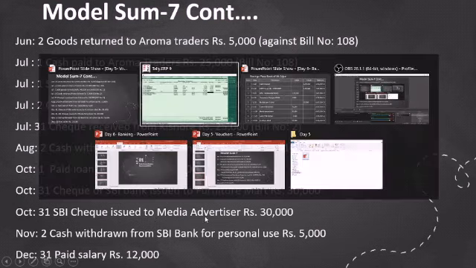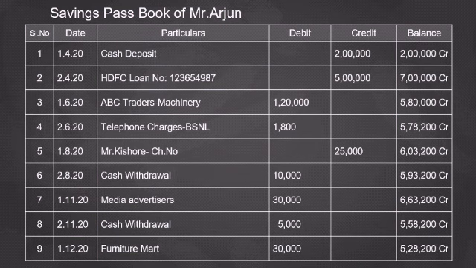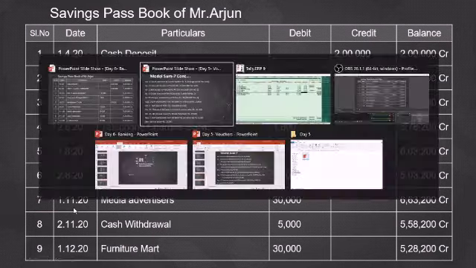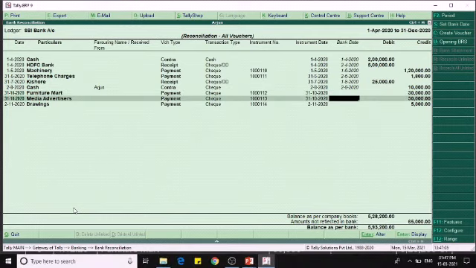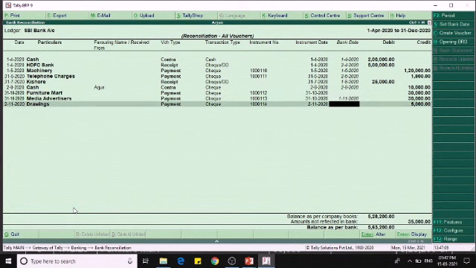Okay, now let us see the passbook. So on 31st October we are issuing the check, but it is honored on 1st of November. Okay, so for media advertisers only it is honored on 1st of November. So in the bank date we have to give 1st of November,